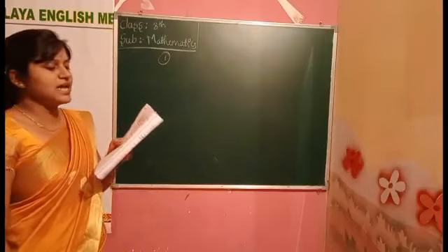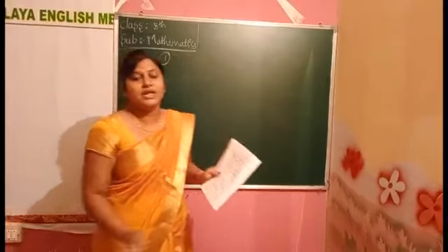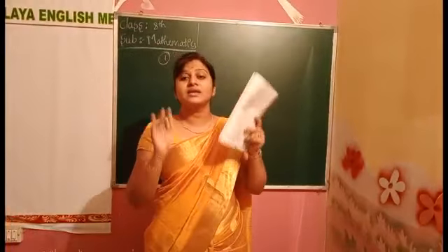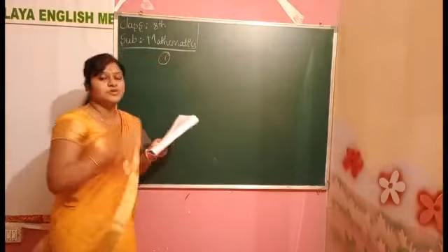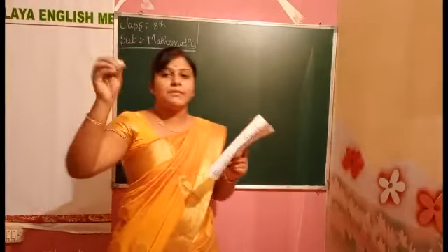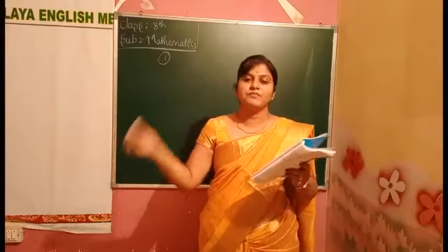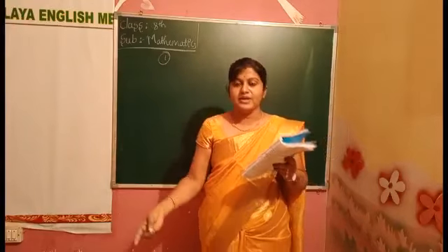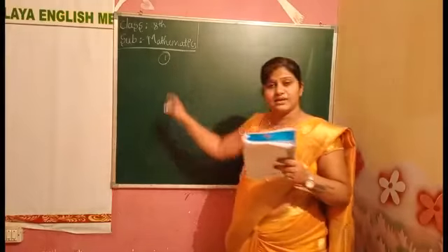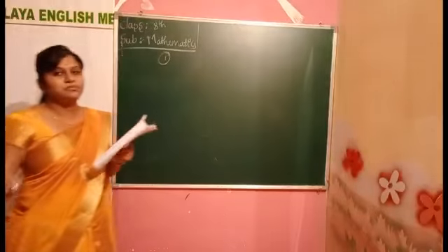Write any 3 rational numbers. They are telling us to write any 3. They are not telling us to find. Please understand the difference between write and find. For find, we have to apply some particular formulas, some particular methods. But when they tell us to write, we can easily write it. No need of doing such big things.